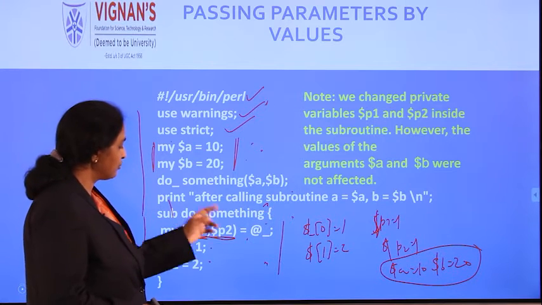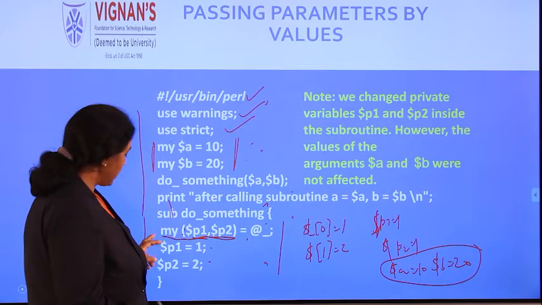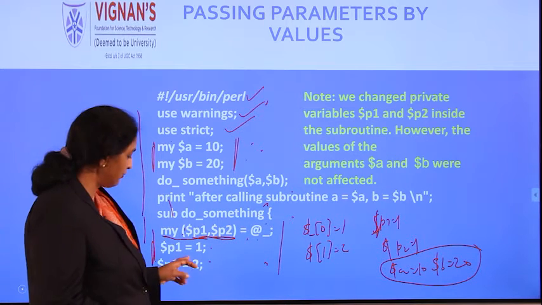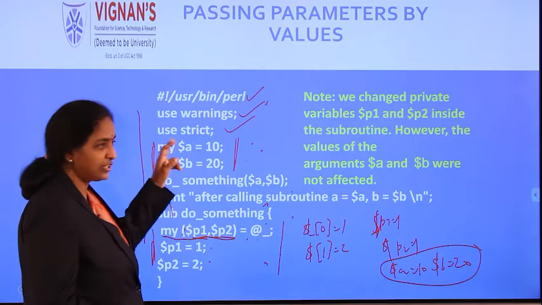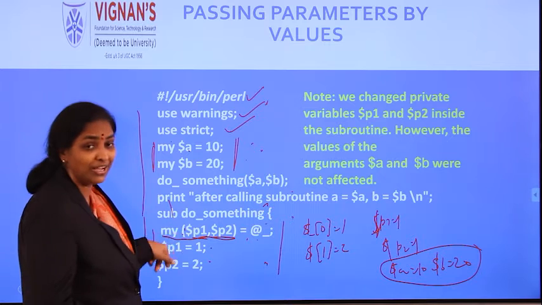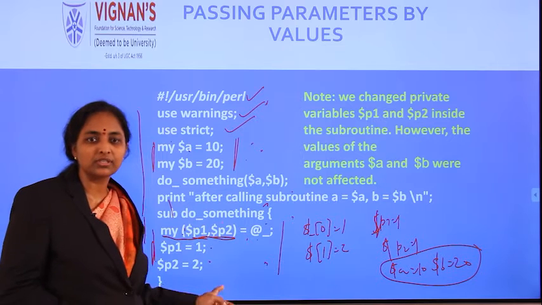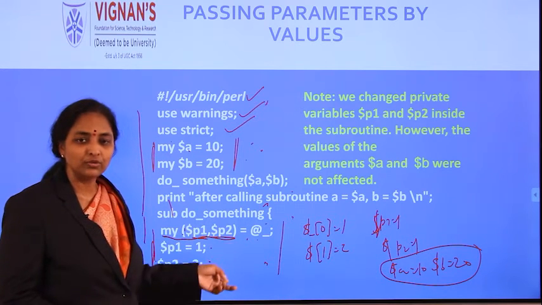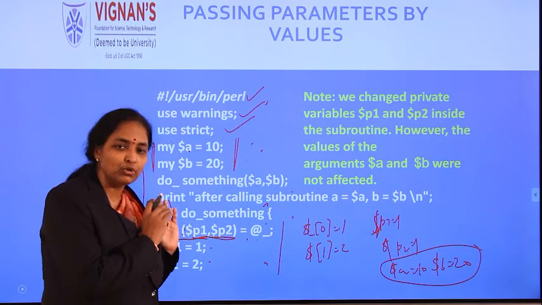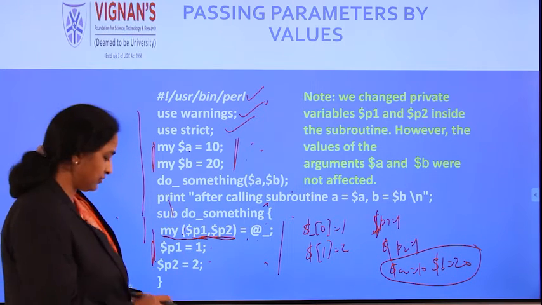There you are creating your own set of variables. You are separately initializing them. When you are changing those variables, they are not going to affect the arguments, since these are passing the parameters with values, not with the reference. So they are not accessing the memory location. They are using separate namespaces. They are saved at some other point. They are not referring to your original arguments' location. Is it clear? That is the major difference.